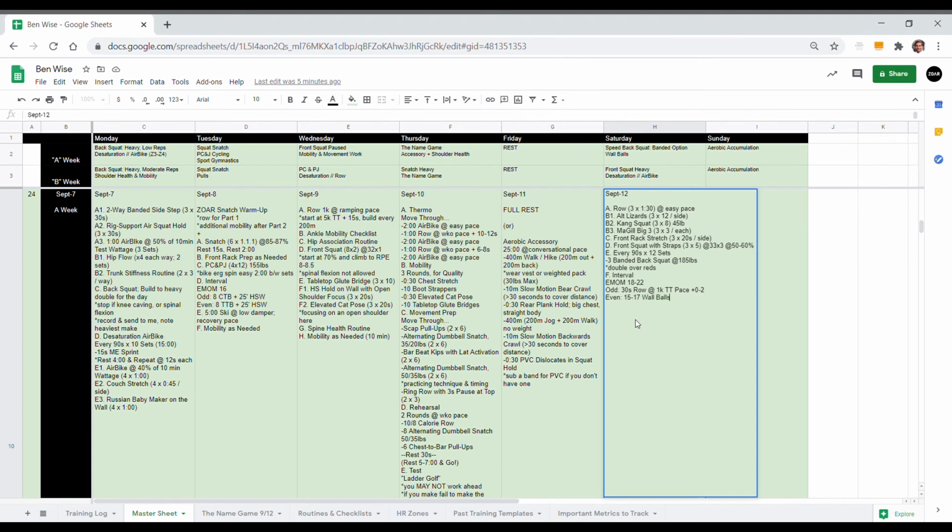And then I could have, start at 15 and time trial plus 2 seconds and build if able. Again, just giving myself a little bit of variation there where I can start a little bit easier and build into it, which is stimulating the heart and helping myself